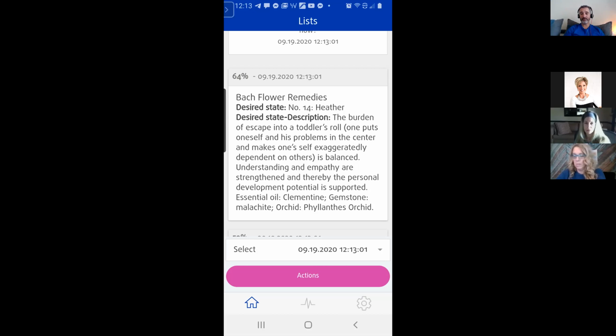Or now on the bottom, you see here, essential oil, clementine. Oh, maybe I'm an oil person and I've got a whole cabinet full of stuff. I'm like, oh, of the 100 essential oils, I think I might have one. Look at that, clementine. How could I use it? How come my wife and I both are like that? Maybe I can start incorporating it. It'll give you the gemstones and all that.